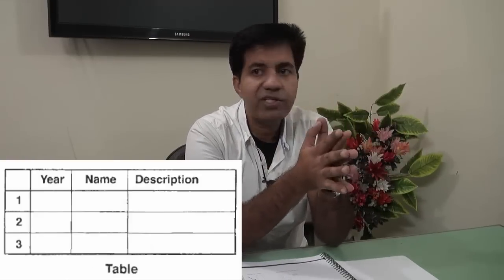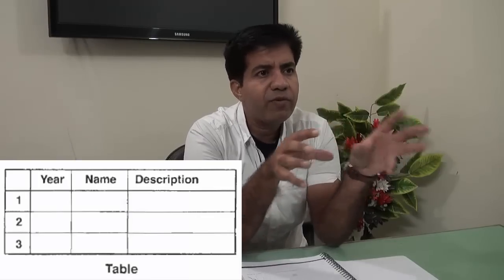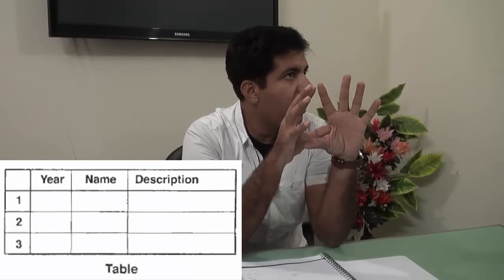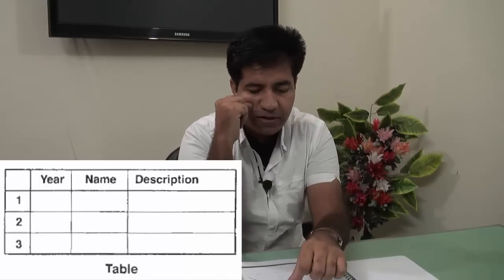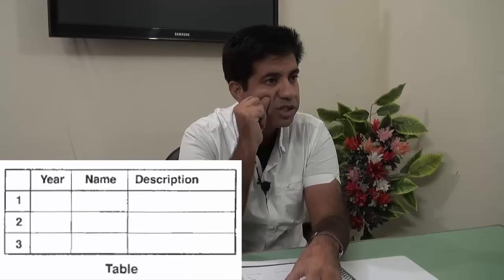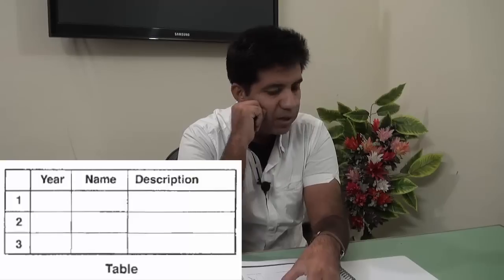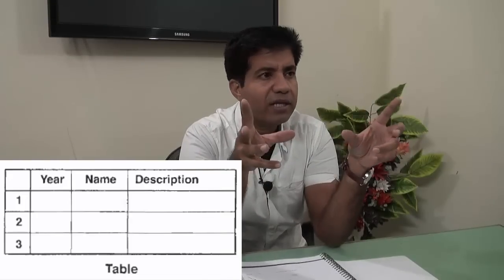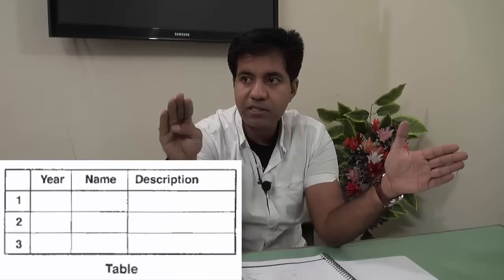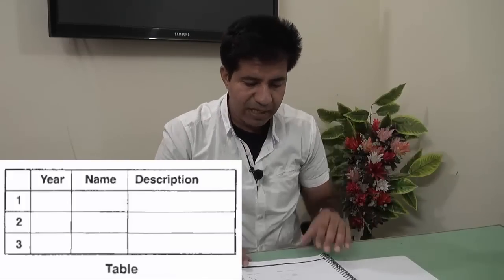Next is a table. Now we also call it a statistical table. In the table usually we've got the values around the year. For example, here we've got 1, 2, 3 years mentioned. It can be 1990, 2000, 2010. Name and description. And there can be some other tables as well. I'll show you that, where there are the activities, pastime activities or free time activities, and then there are certain age groups. So it's going to be another one.